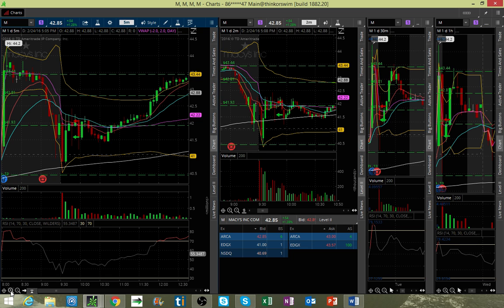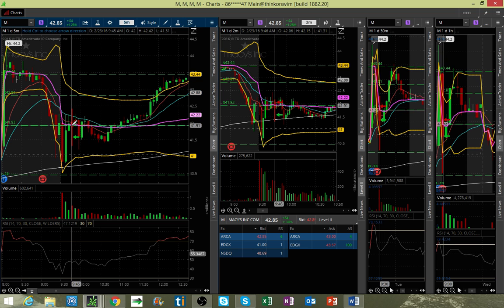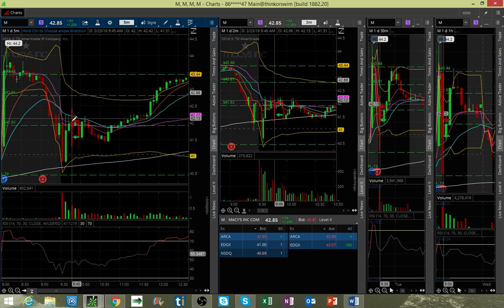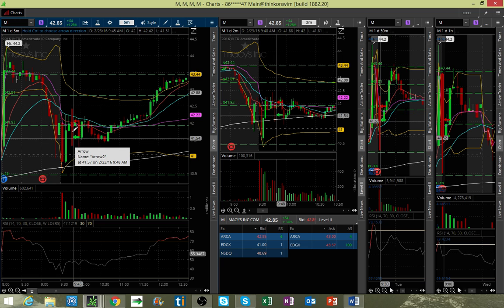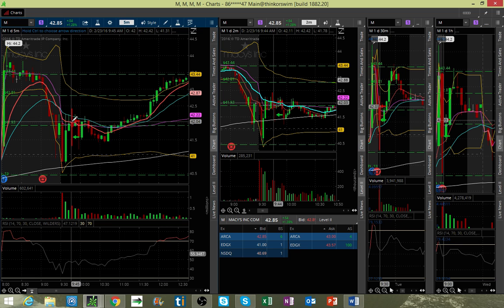The first one was M, and I never got to really alert this in chat other than I'm watching it, because I was watching it on this level and I was expecting it to crack VWAP and all that. So I was a little early getting in, which is what I kind of want to do. This thing opened here, ran all the way up, and I'm assuming took out stop losses, and then came on back down. So I caught it right here at 42.05. But by the time